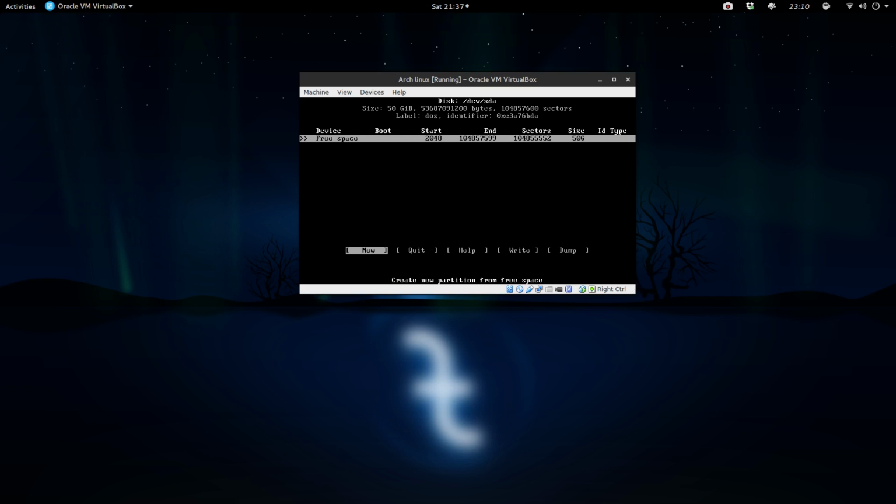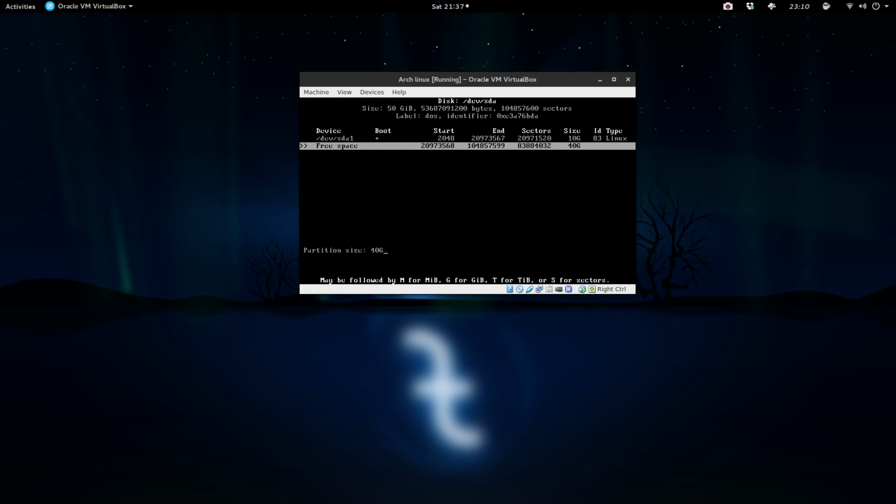So we're going to first do our root partition. So we're going to click new. Again, this is very iffy on how much you want, but I'm going to do 10 gigabytes and click yes, and make this a primary, and then also make this bootable. So as you see under the boot part of this, there's a star. That means it's bootable. So you're going to arrow down, and then we're going to do the swap. So I put 3 gigabytes in.